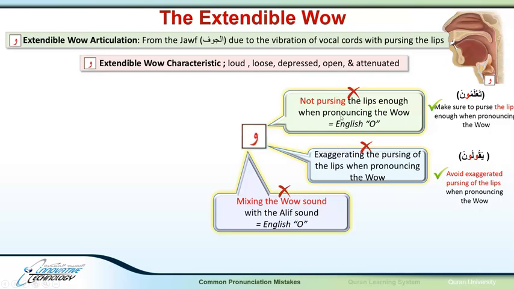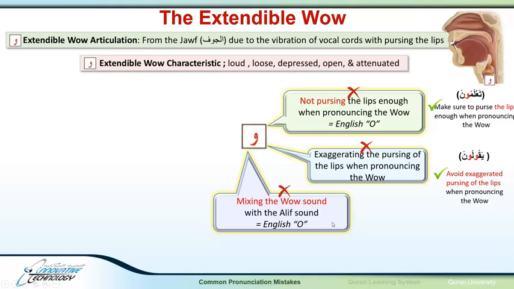up being the same as the first one in producing the English O sound. And the reason for that is basically that the oo is no more than an A plus pursing of the lips. So do that with me. Purse your lips as you pronounce the A. Ow. What you end up with is an oo. So mixing the waw with an alif is basically reducing the pursing of the lips and ending up with the